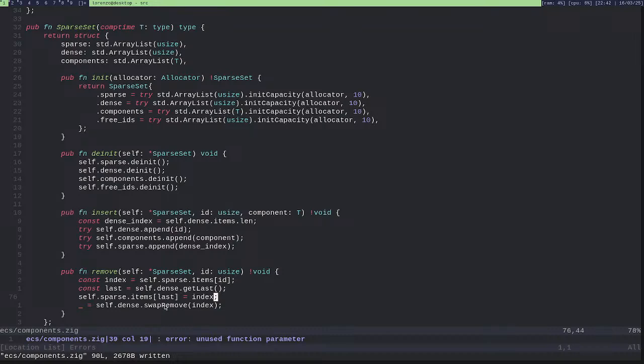So I can really just do the same thing I did here. So here I will just self components swap remove index. Okay.